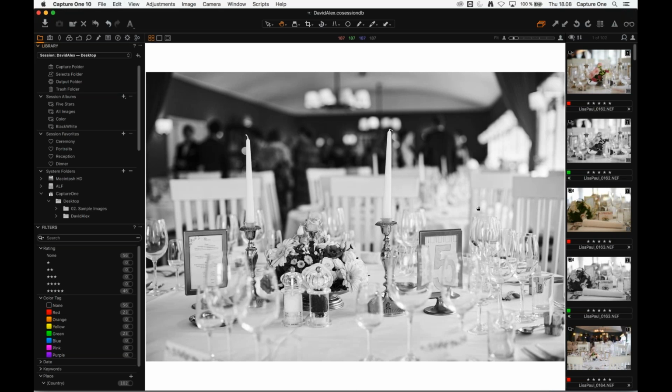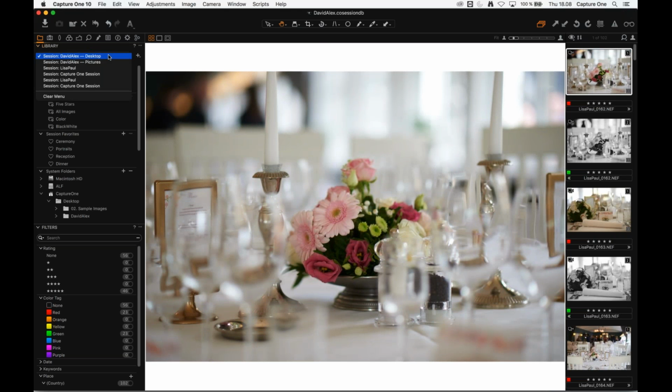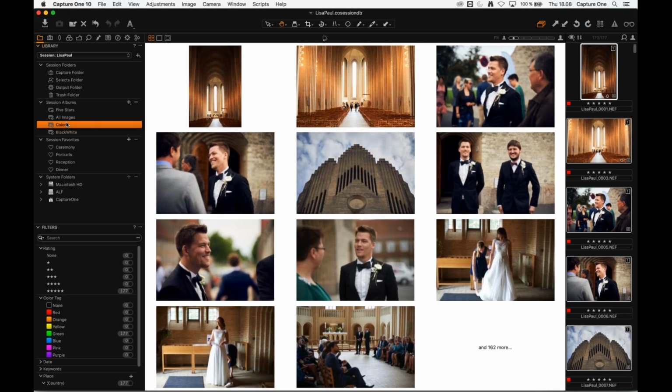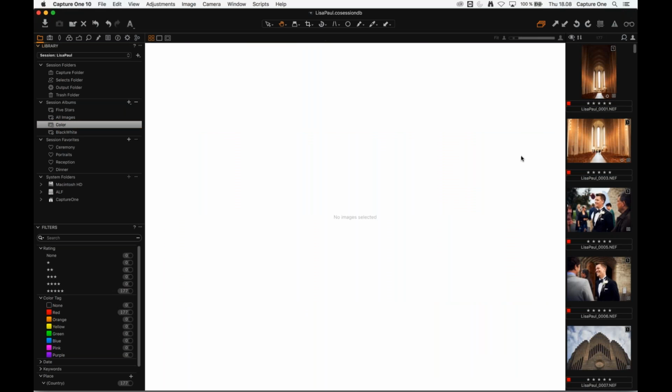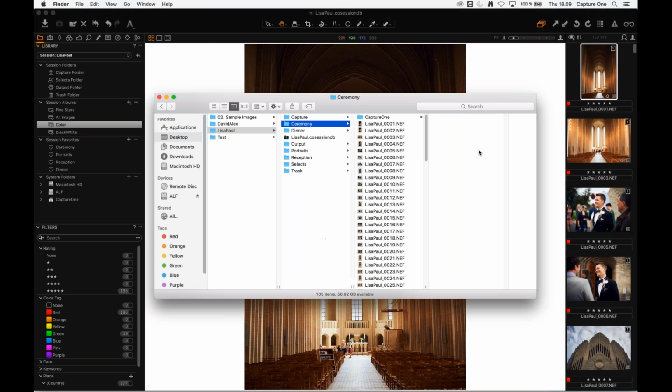Ralph has a good point, and we might have half answered it with what we were talking about, adjustments, but we can probably show EIP as well. He says many wedding photographers send off images to editing houses for basic color correction, for example, matching white balance. What's the best way to send off a large number of files to editing houses from Capture One for basic black and white correction? Well, I would say if you sent them EIP files, which is enhanced image package, then